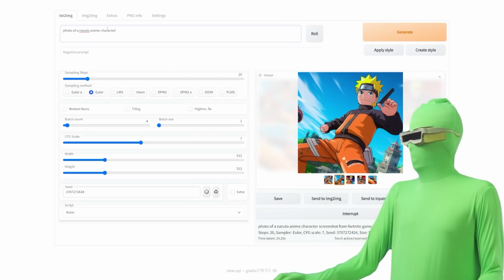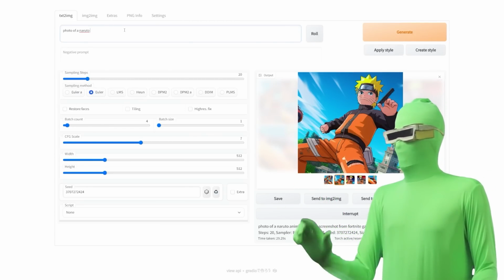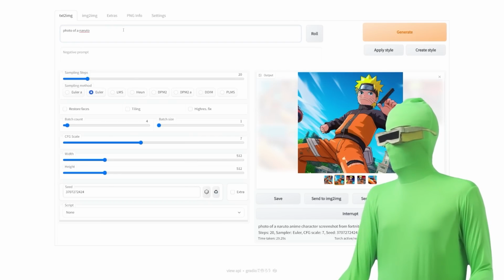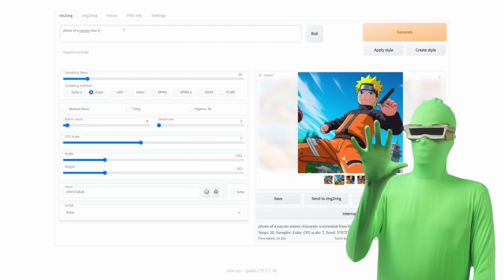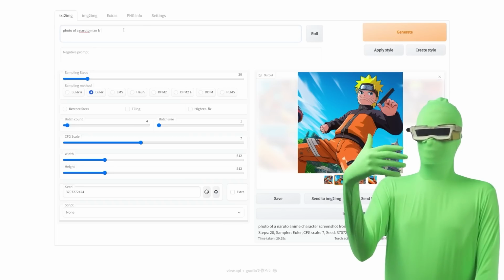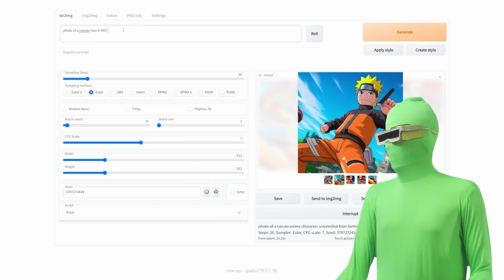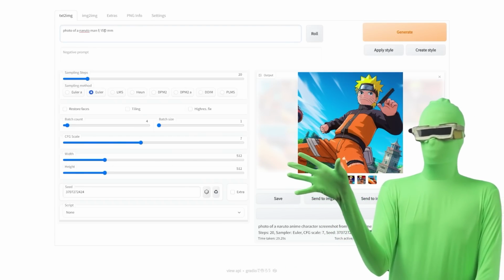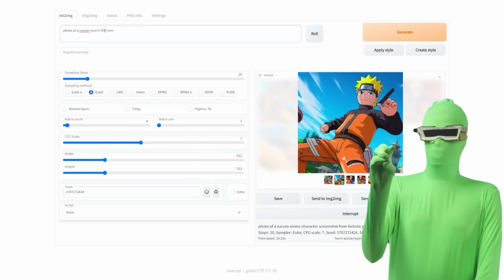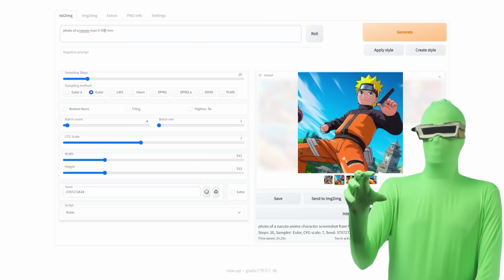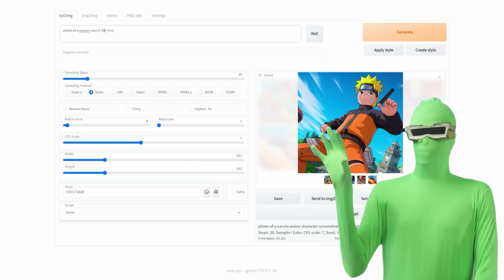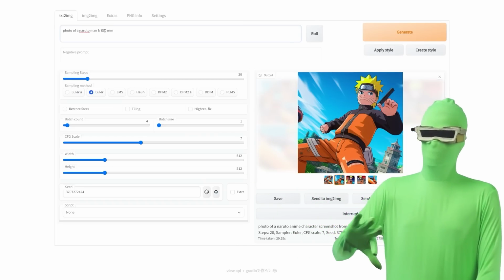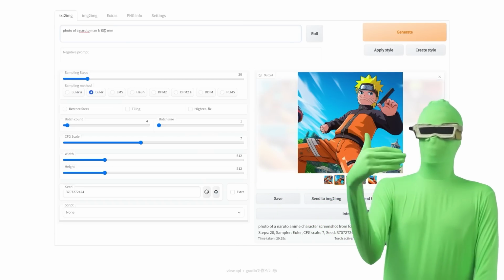Photo of Naruto as an anime character, as a... I'm just gonna remove anime, because that wasn't the thing. As a man, how should I say? I'll go F/, which is something you see a lot in photography, like DSLR, ISO and MM. This is kind of weird, but basically these are settings that you set in your camera, and instead of saying specific settings, we're just looking for images that have these things attached to them. So basically it's a way of saying photo without saying photo.